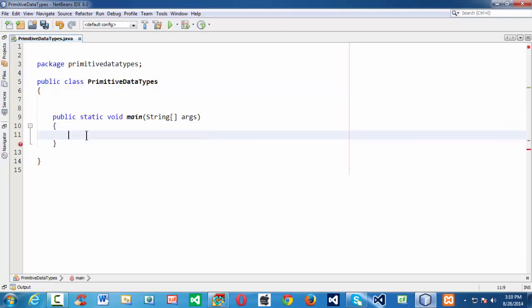Okay, so there are 8 primitive data types in Java. They are as follows. Let me write them in a comment here.